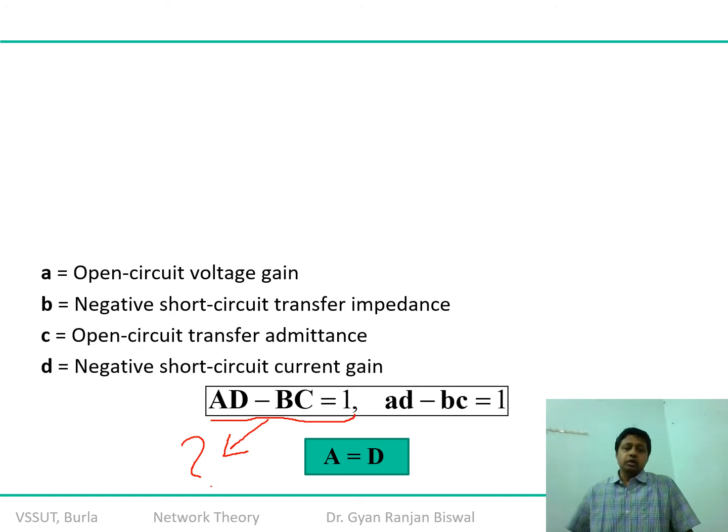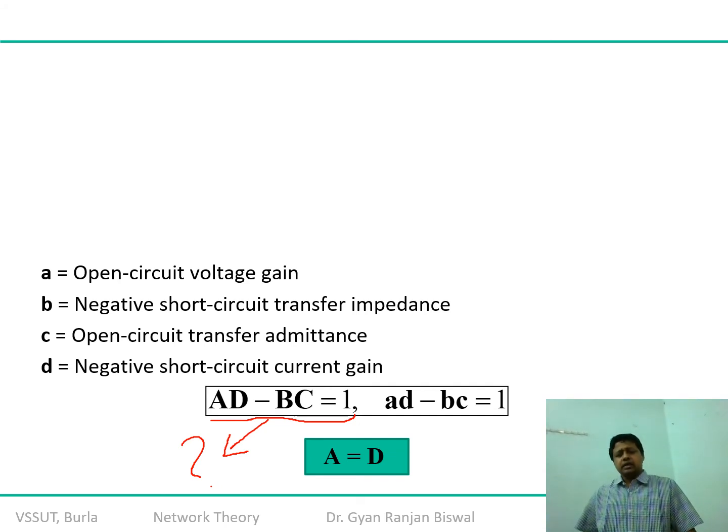So what you can do, you can write down an equation in terms of Z parameters. For example, you can adopt Y also. There is absolutely no problem at all. But let's say you are assuming the Z parameter, you are going to establish an interrelation between Z parameters and ABCD parameters. Let us assume that. You can take any combination. Fine. So if you substitute the values of A, B, C, D in terms of Z11, Z12, Z21 and Z22, then you will be able to satisfy this very easily with a fewer number of steps.